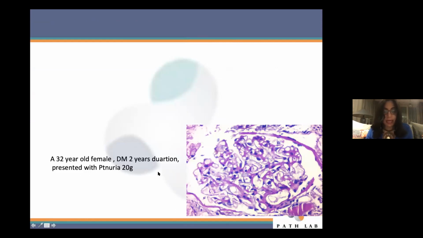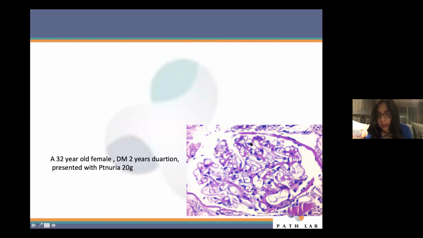This is another female, a 32-year-old female, and she was a doctor, actually. She was a physician, and she's been only recently diabetic, 2 years duration, and she presented with a proteinuria of 20 grams, and she was biopsied abroad, not in Egypt, and the conclusion of the biopsy report was that this is an early diabetic nephropathy. And then she came here for consultation, and another biopsy was considered, but I asked to look first at the original slides. She had a single slide, but she had no block. And my first impression was also an early diabetic glomerulosclerosis.